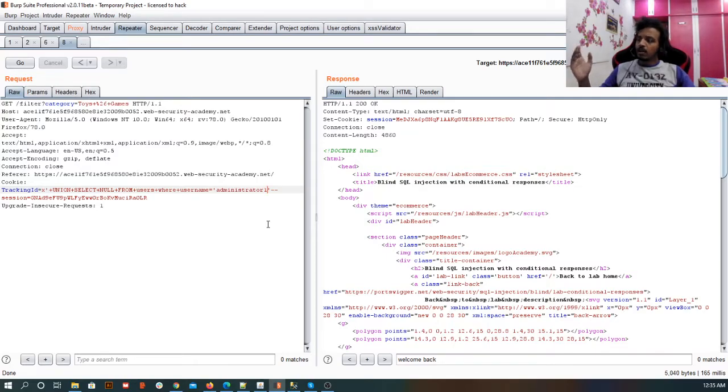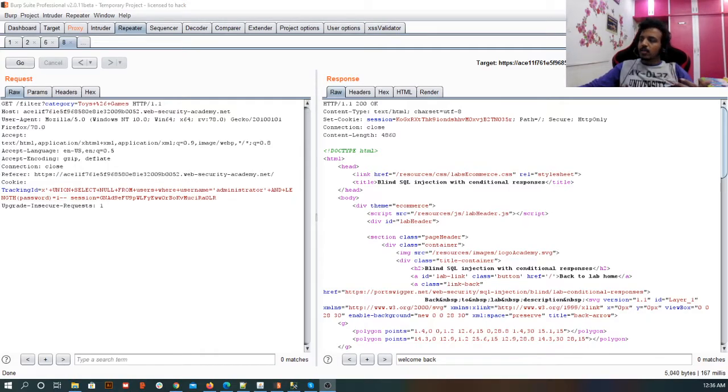So for finding this password, what is the general condition? We are going to say and length of password. This column is already given to us in the problem statement. And length of password is equal to 1. This is what we are going to give. So I click on go. I don't see a proper response. If it is 2, I'll try for 3, I'll try for 4. But if it is suppose 500 characters long, then what will I do, right?